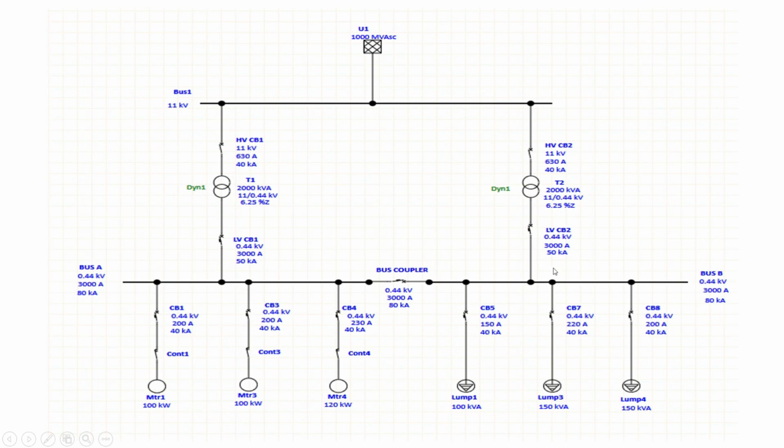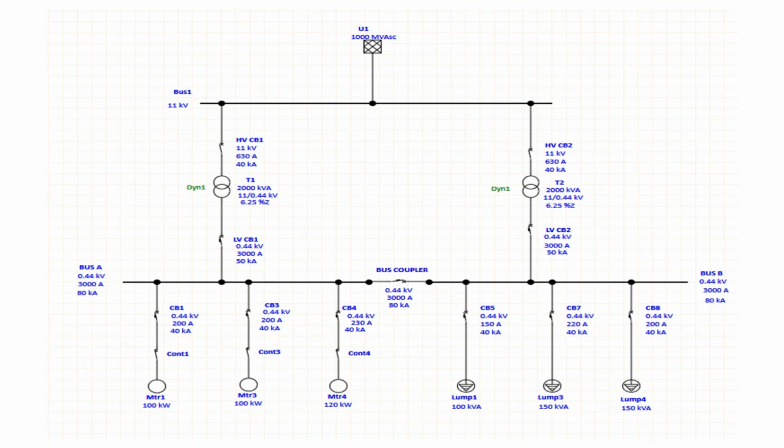Similarly, the bus bar is 3000 ampere continuous current rating and short circuit 80 kilo ampere, and for all outgoing feeders I choose 440 volt 200 ampere based on individual connected load full load current × 110% and short circuit 40 kilo ampere. Similarly, bus coupler, bus A and bus B are all common, so I choose 3000 ampere, 80 kilo ampere. In this way you can design any outgoing distribution substation in this format.